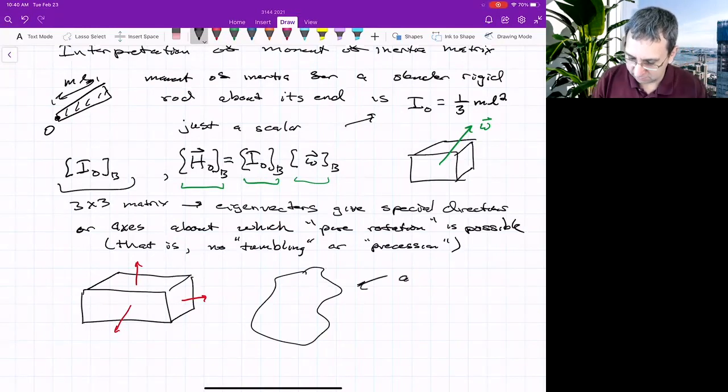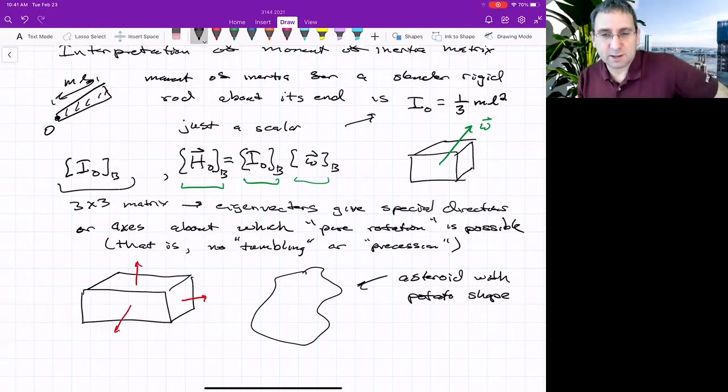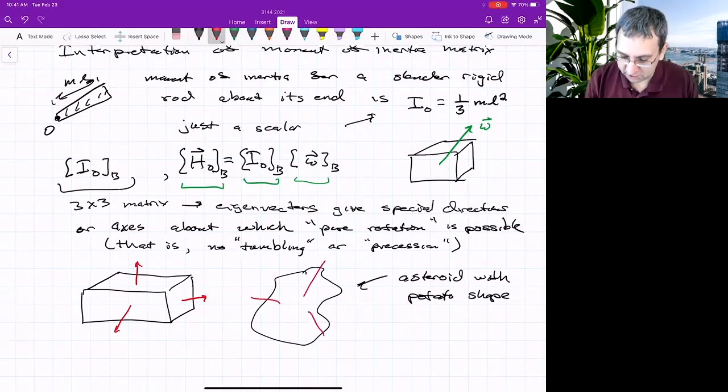Like think of an asteroid, the classic potato shape. You'll have to do some analysis. You have to actually get the moment of inertia matrix, which means knowing the mass distribution of an asteroid. And that's not the easiest thing in the world. So you might find that, okay, there's some direction here, and then there's a couple of directions. They all have to be orthogonal to each other,